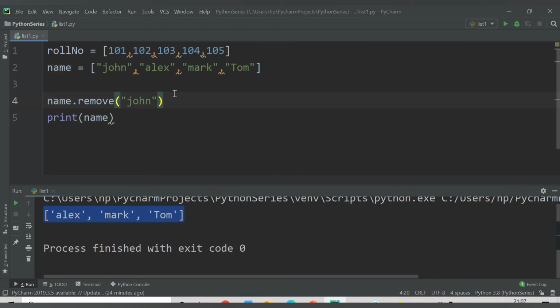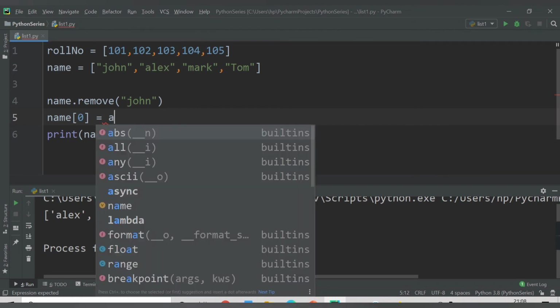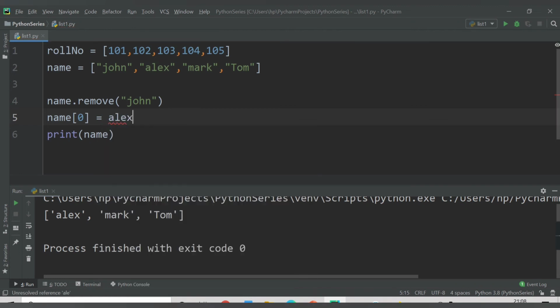Also what you can do, now you have these 3 names. The first item in your name list is now Alex. So let's say name of 0. So the 0th position is Alex after we remove John. Now I want to rename Alex to, let's say, Alexi.